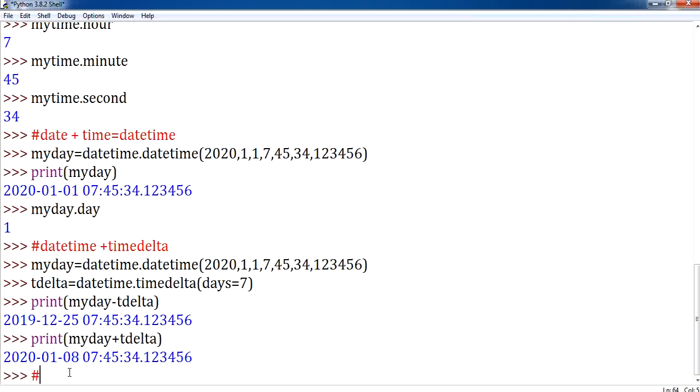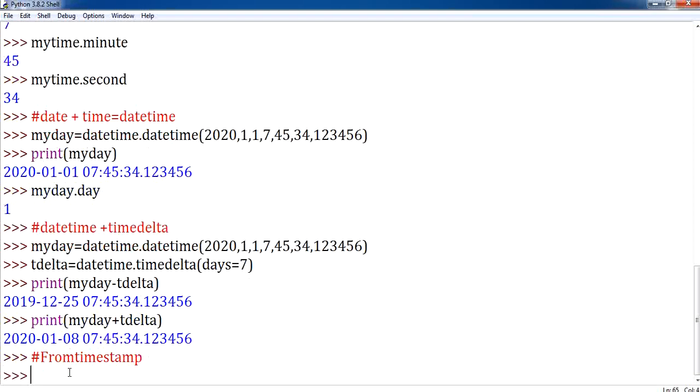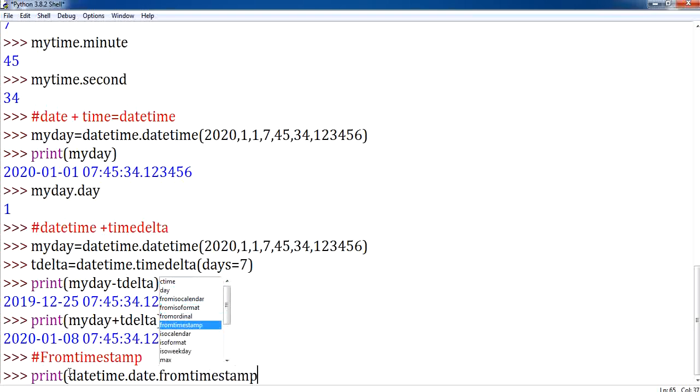Next we will be seeing from timestamp. By using this from timestamp, I can display the time in a readable format. For example, I can give print datetime dot date, just a minute, datetime dot date dot from timestamp, and here let me pass a value such as 1, 2, 3, 4, 5.